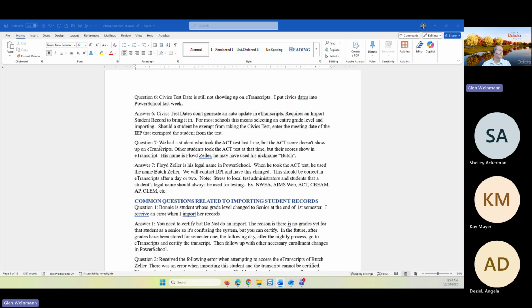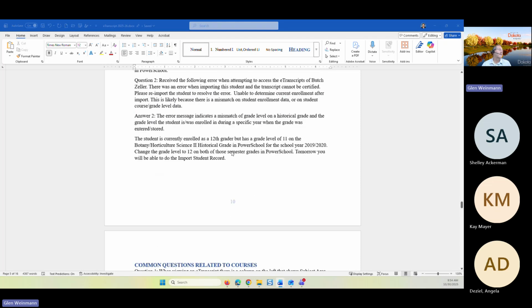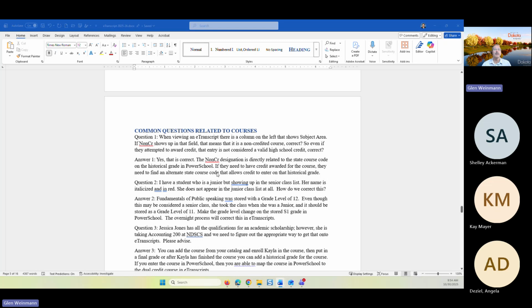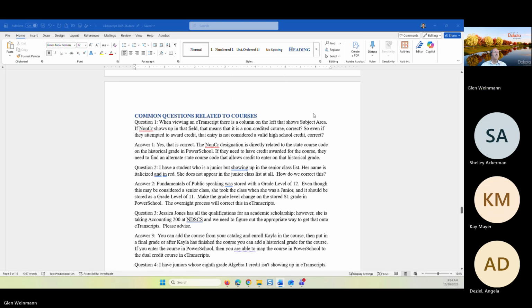Let's take a look at some common questions for courses. We got for records is here. So there's kind of broken down into some categories. For courses, I have a student, number 2 here, so another one. I have a student who is a junior, but showing up in our senior class list. Her name is italicized and in red. She does not appear in the junior class list at all. How do we correct this? Okay, well, the problem is in historical grades in